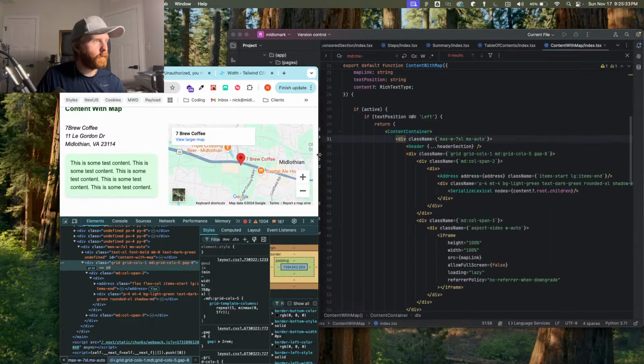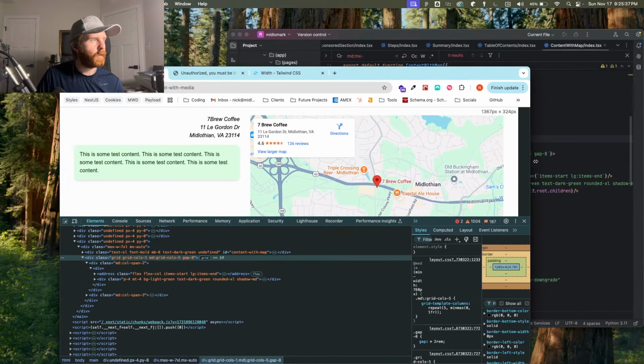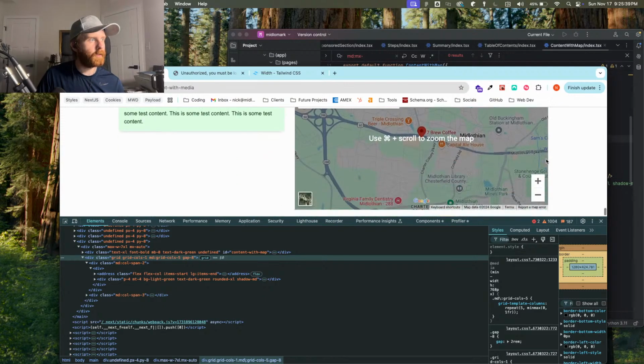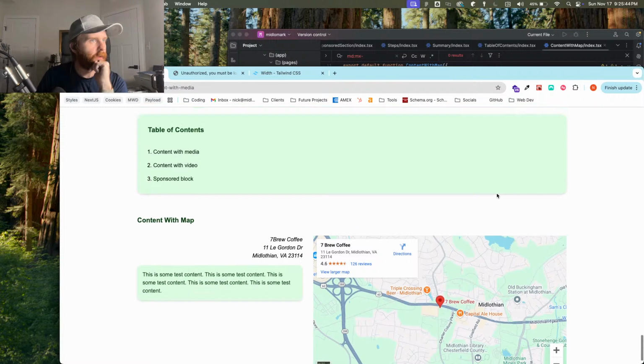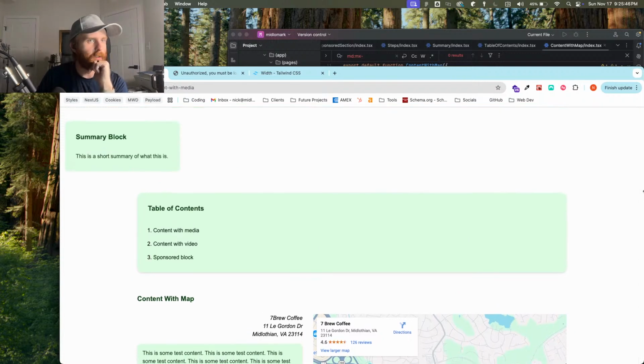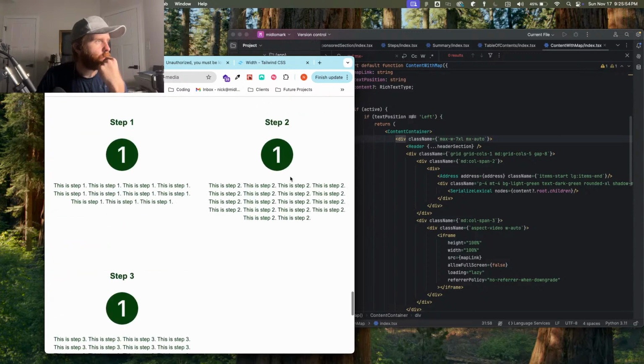So there we go. That looks good. Looks fine. Looks good. Perfect. All right, so that's it really for the responsive styles there. The summary block will come in handy later. I'm not going to use it on any actual pages. So now,